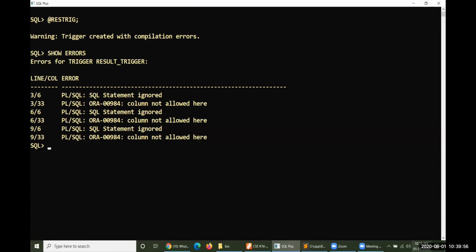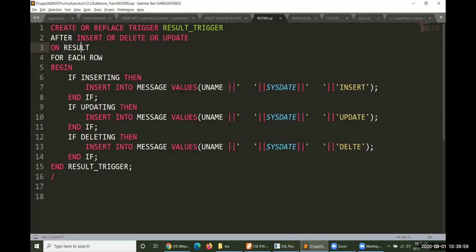SQL statement is ignored. What is the problem here? Actually the variables are okay.